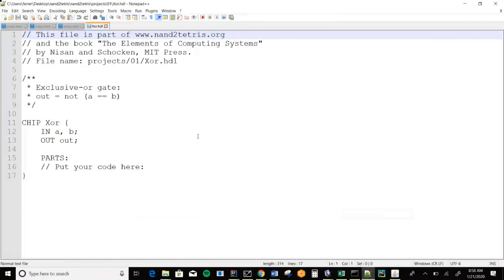Here's the main syntactic structure of the description language. Chip, and then the name of the chip. That name should be the same as the name of the file without the .hdl. So it's kind of like declaring a Java class, right? Then curly brackets break it apart. Then you specify on the inline what the inputs are, and these are all going to be given to you, the in and the out. And then parts is where you specify how it's supposed to be wired together.